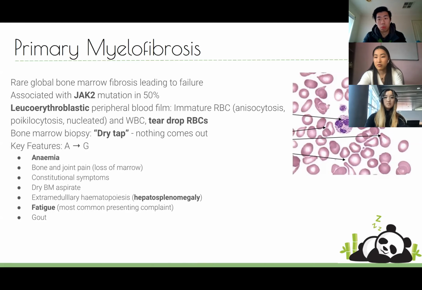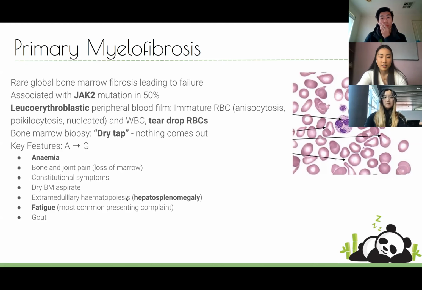Again, part of that immature red blood cell weird shape category. And then on bone marrow biopsy, you get a dry tap. So nothing comes out because you've got fibrosis in the bone marrow. Key features, I've listed them here. Again, similar sorts of things where you've got lack of production of all your cells. So you'll have anemia, bone and joint pain because of the loss of the marrow, constitutional symptoms because it's a blood cancer, dry bone marrow aspirate, we've already mentioned,